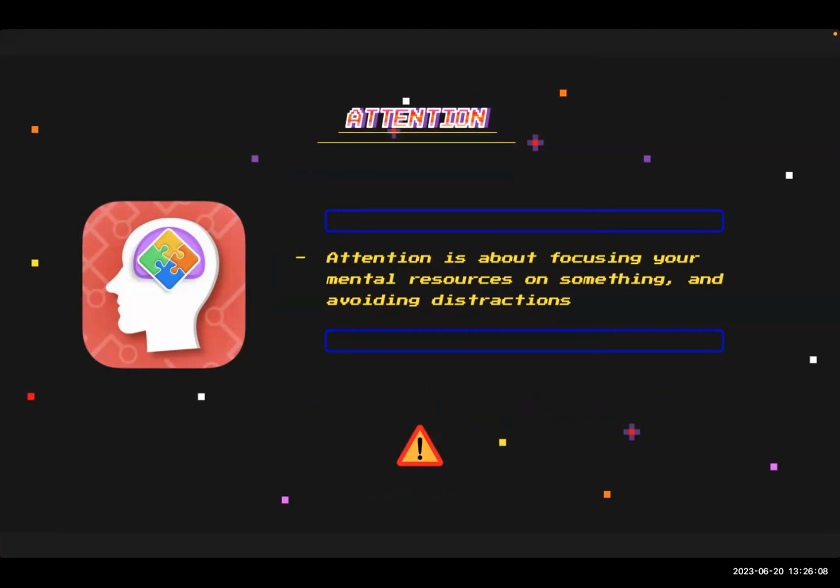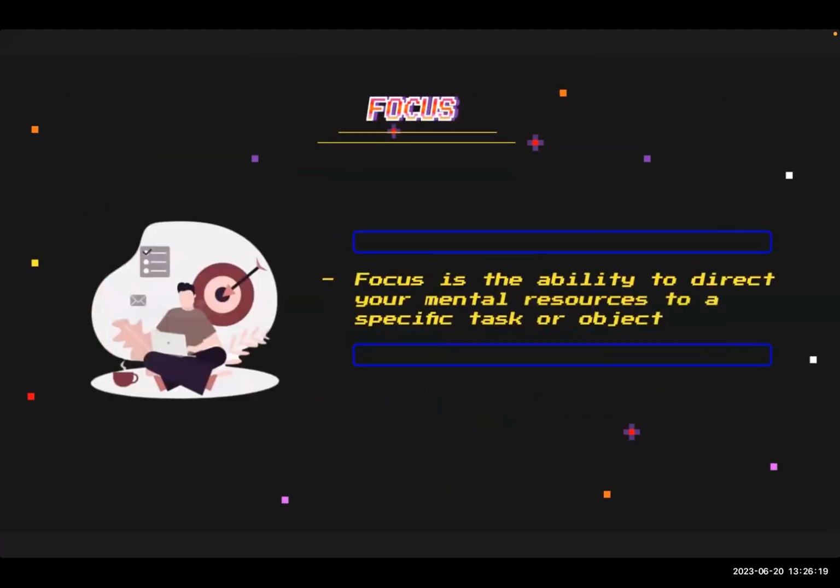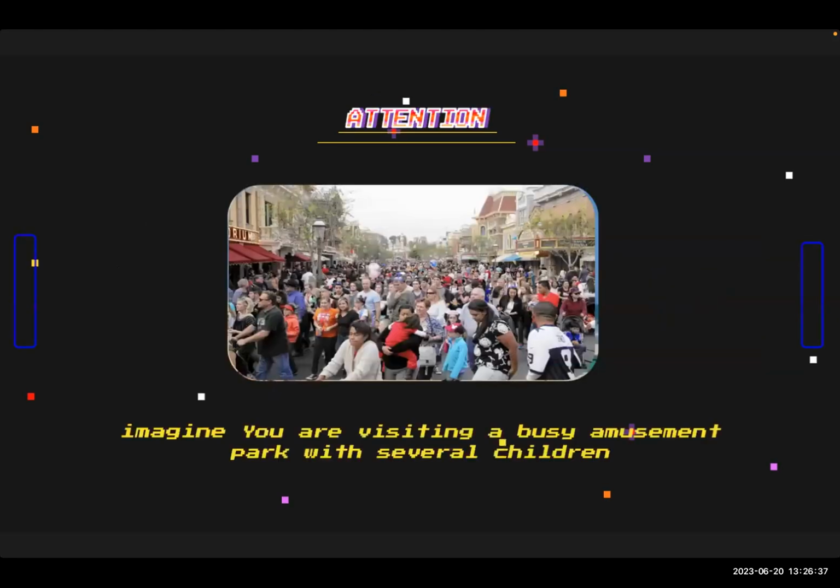So if we unpack the concept of attention, we find that it includes a number of distinct abilities. Focus is the ability to direct your mental resources to a specific task or object, while ignoring other things that might be competing for your attention, and it involves different types of attention like selective attention and sustained attention. For instance, imagine you're visiting a busy amusement park with several children, but suddenly they dash off